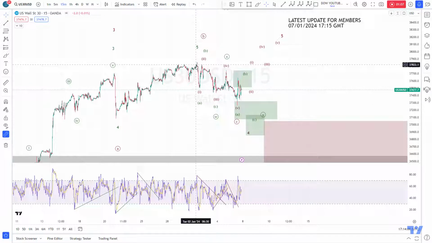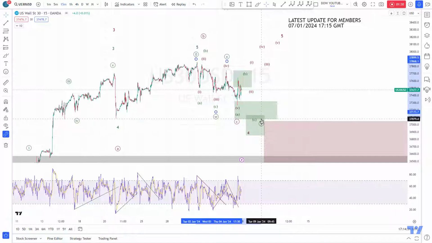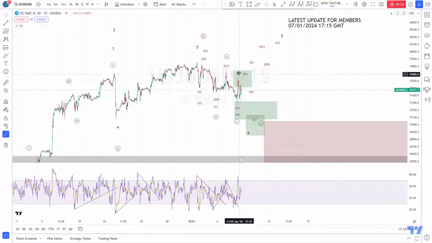as indicated in red, 1, 2, 3, 4, 5. But actually this starts to look, especially if we would take out the low right here, as a double three correction. So then we would have wave W, wave X, and wave Y down. And the reason that I put now here the double three as my primary scenario is because